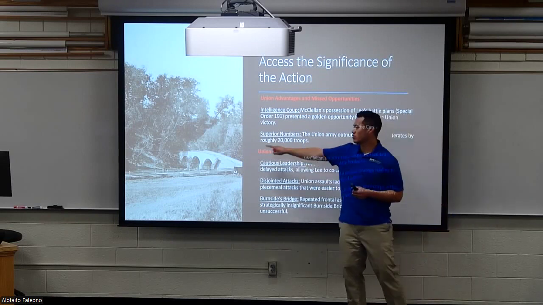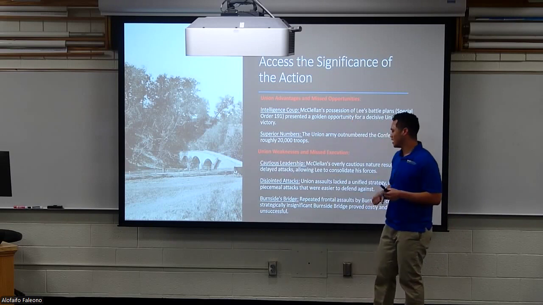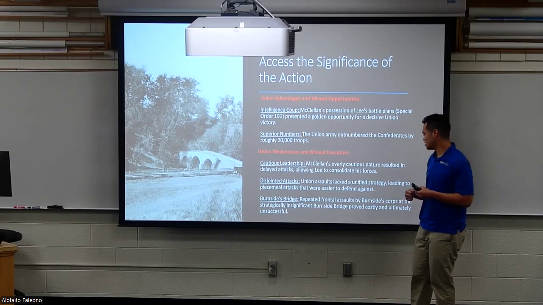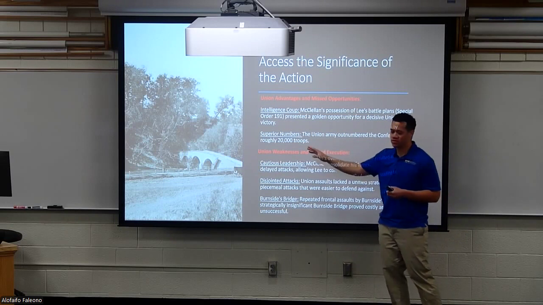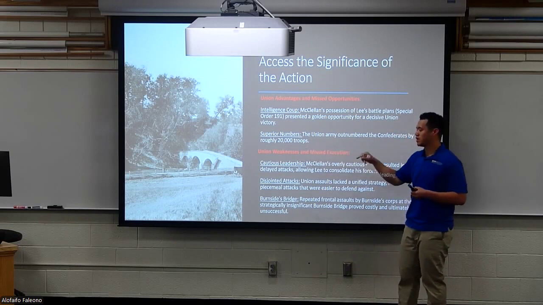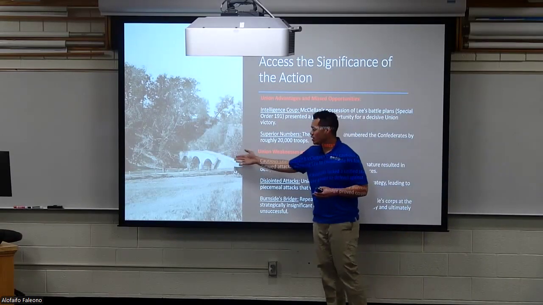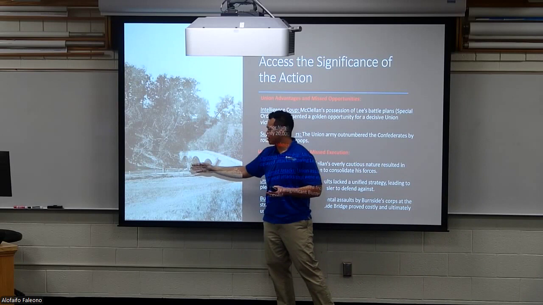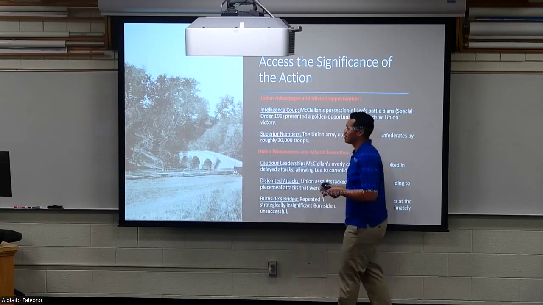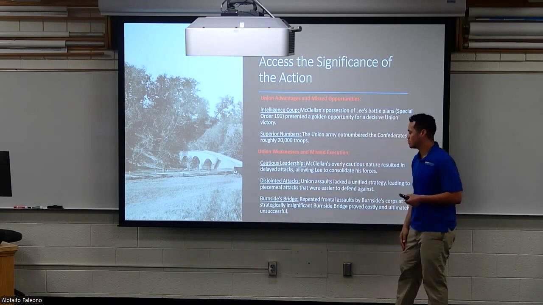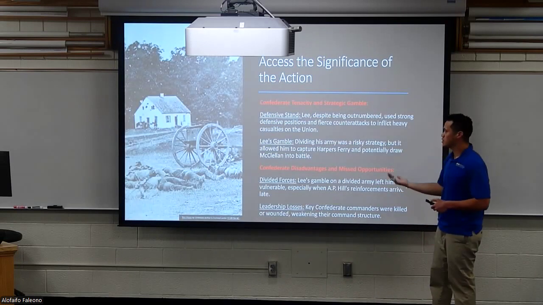Burnside's Bridge. Here's a picture of Burnside Bridge. It was repeated assaults by Burnside, so it's named after Burnside because he was the commanding officer for the Union at that bridge. But anyways, they just lost so many people, and it wasn't a key terrain. They could have hit Lee's right flank and used different ways to cross the Antietam Creek. Very ineffective.